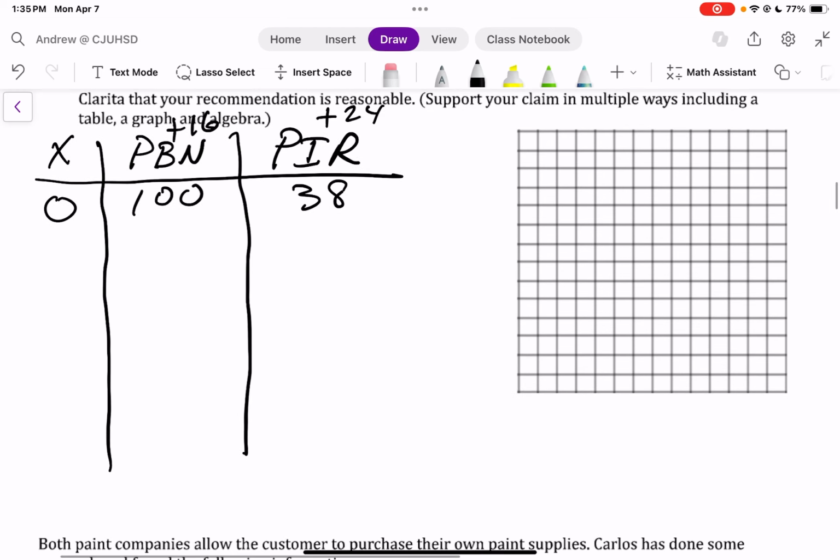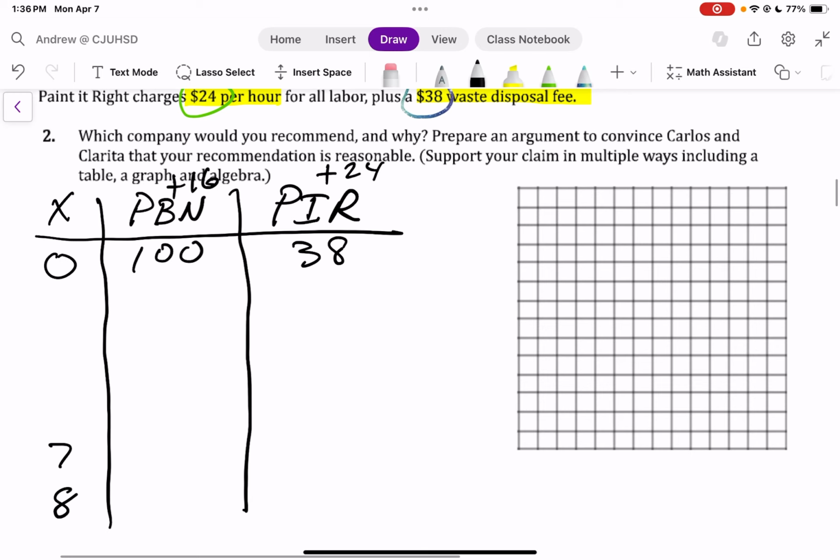Now, what's going to happen is we're going to get down here to 7 and 8, and the one that's cheaper is going to switch. So it's going to happen between 7 and 8. So let me just get my calculator out here, and let's go through this one column at a time. So 100, and then obviously the next one is going to be 116, and then we're going to have 132,